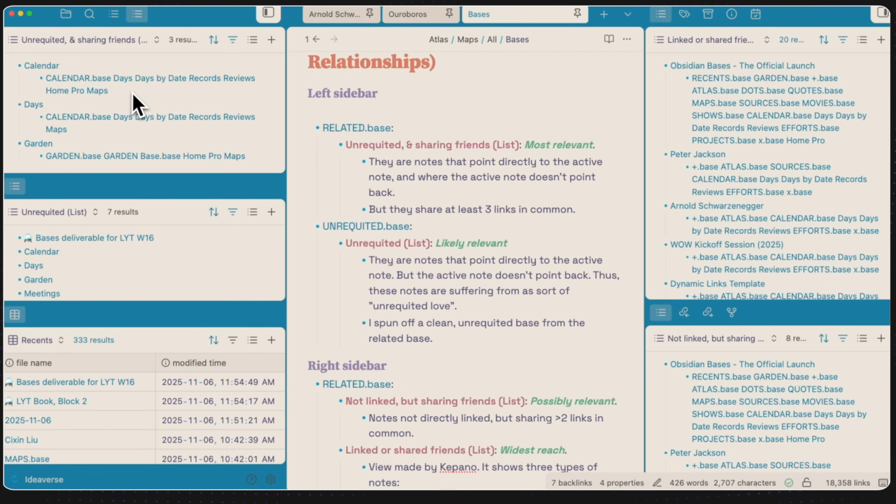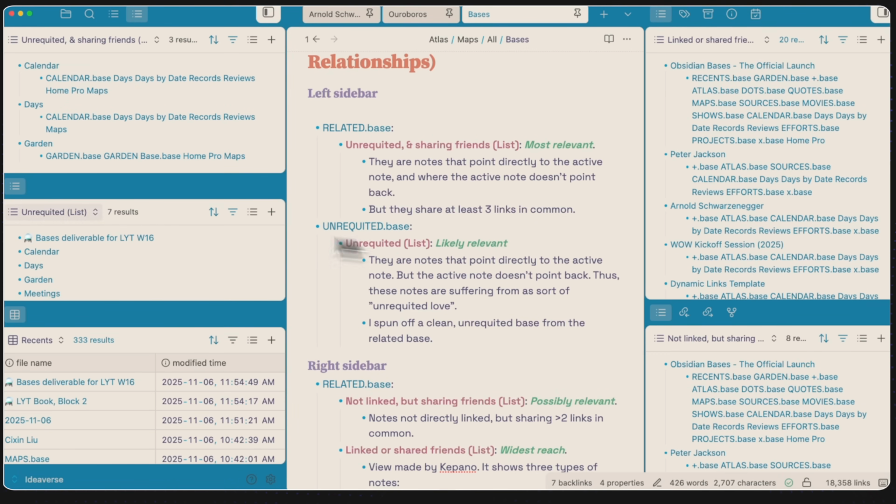7 different notes in common. So there's probably a really strong overlap between my active note and the calendar note. Do you see how powerful this could be? Imagine you're doing your dissertation and you have your main dissertation note here and then all these unrequited notes that are sharing mutual friends, and you're like, whoa, wait a second, I need to make the actual explicit link between these 2 notes. And that's going to be very helpful for your research to ensure that nothing slips through the